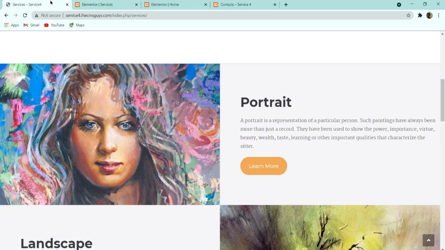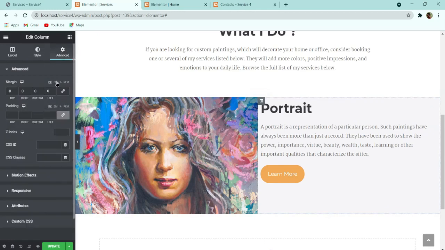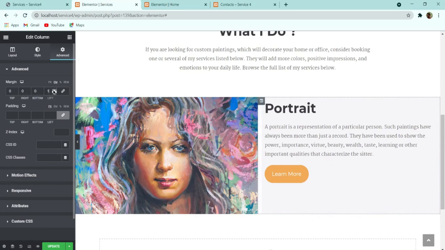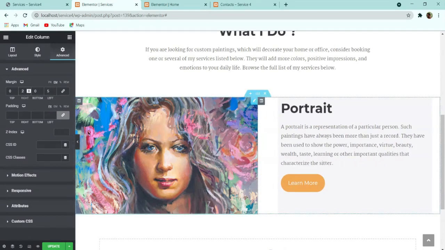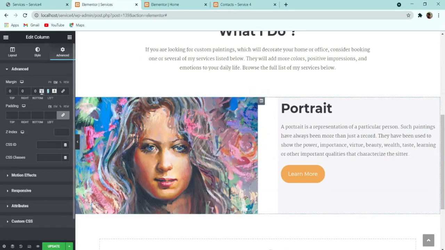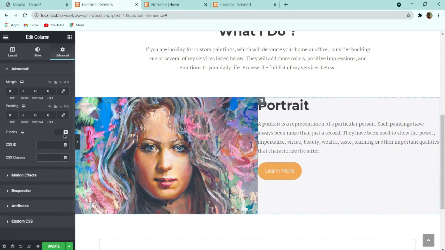So now here you can see that we have a left margin over here. So what I will do, I will click here, and then go to the advanced, and here unlink it. I will select this em, and I will add a left 5 margin over here, and let me give a 2 for the right, or I don't need it. So instead of this margin, I think if we give this padding, then that color will appear.